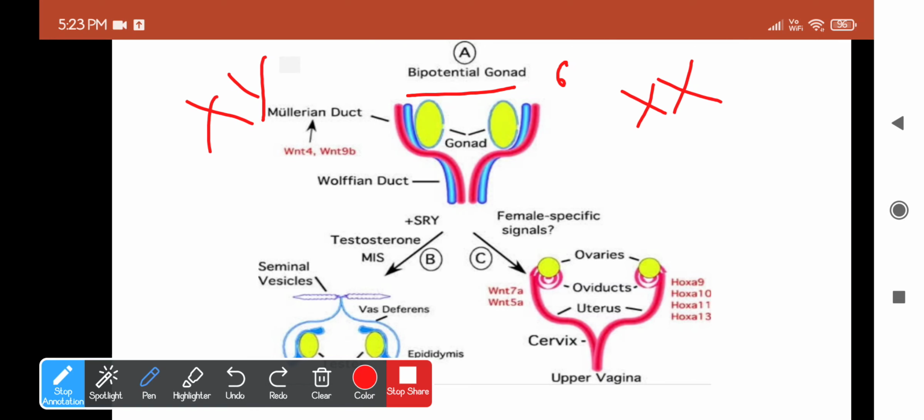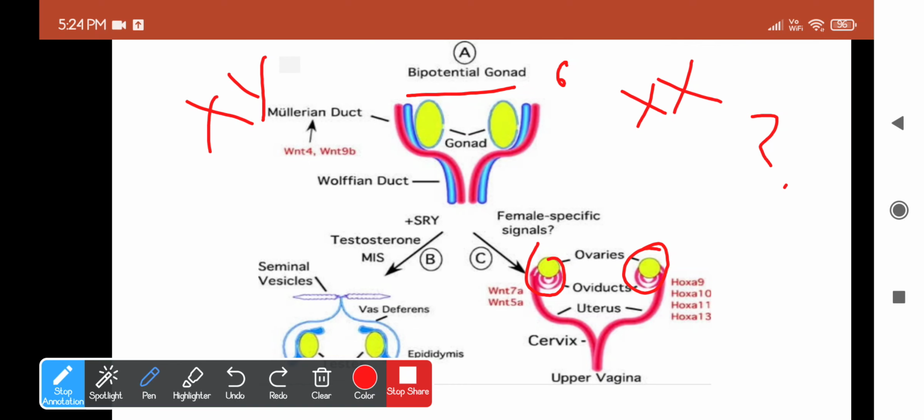But what is the signaling factor in females? There is no such specific factor in females. Just the absence of the SRY gene and testis determining factor will be enough to stimulate the development of female sexual organs. Once there is no SRY gene and testis determining factor present, the gonads will automatically develop into ovaries, and these ovaries will secrete estrogen which will help in the development of genitalia.